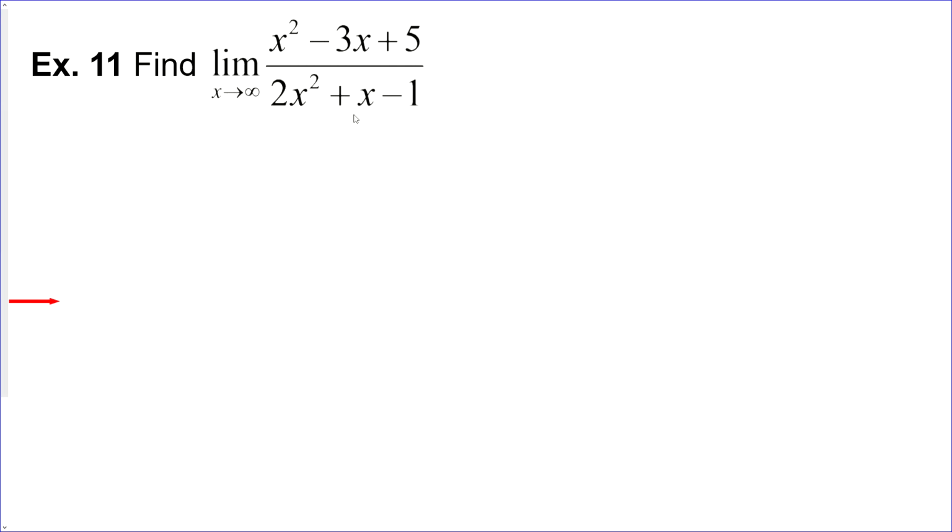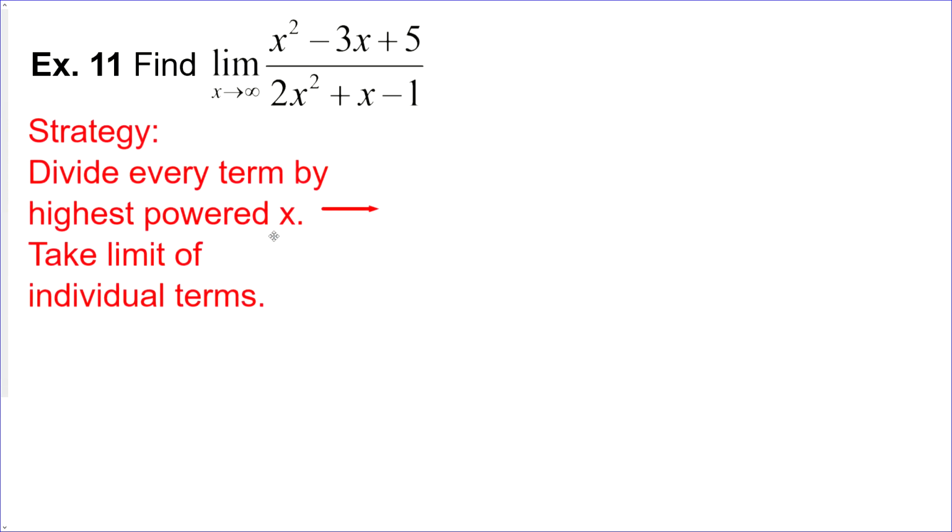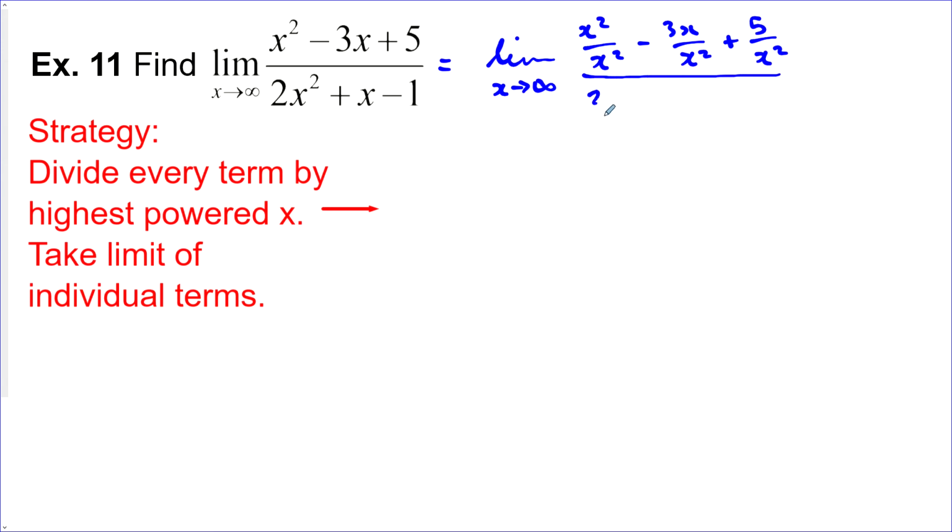Now there's a whole lot going on here, but here's our strategy. We're going to simplify by dividing every term by the highest powered x, and then we're going to take the limit of the individual terms. So let's see how that will work. The limit as x approaches infinity. Now the highest powered x is x squared, so we're going to divide everything by x squared. And in the denominator,